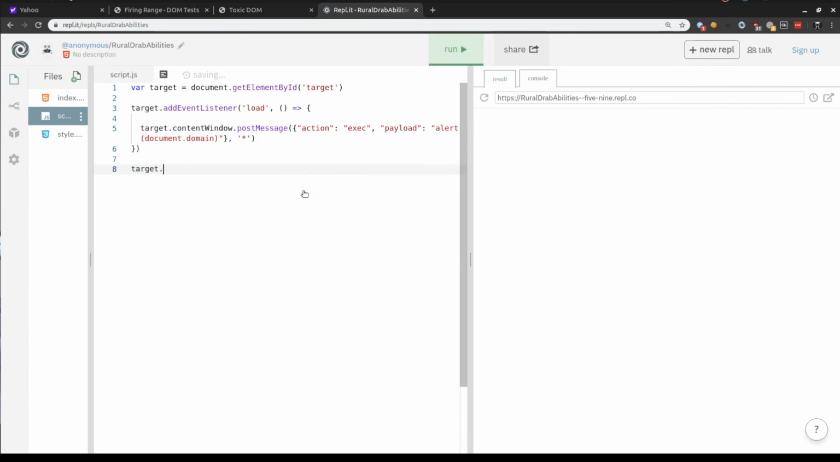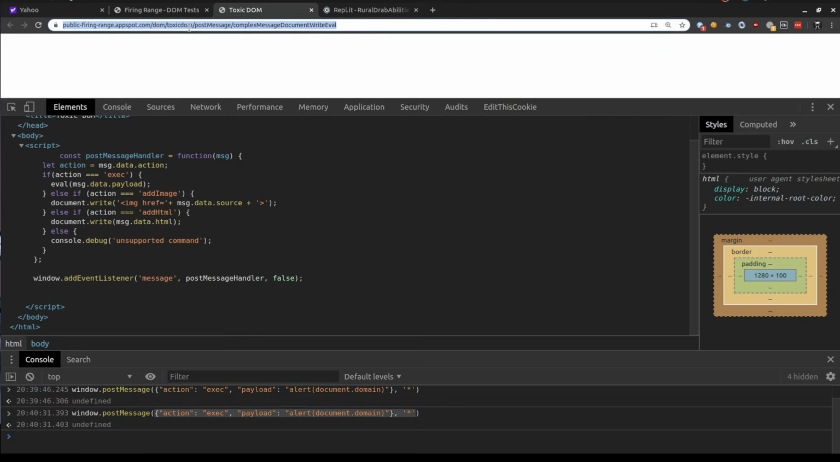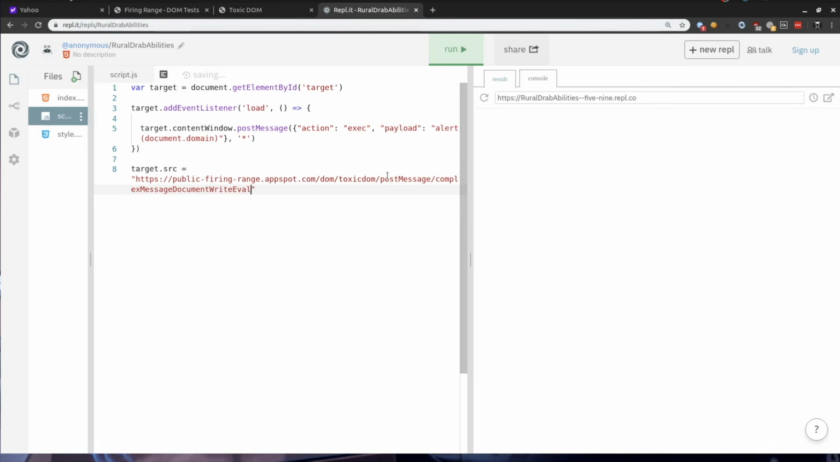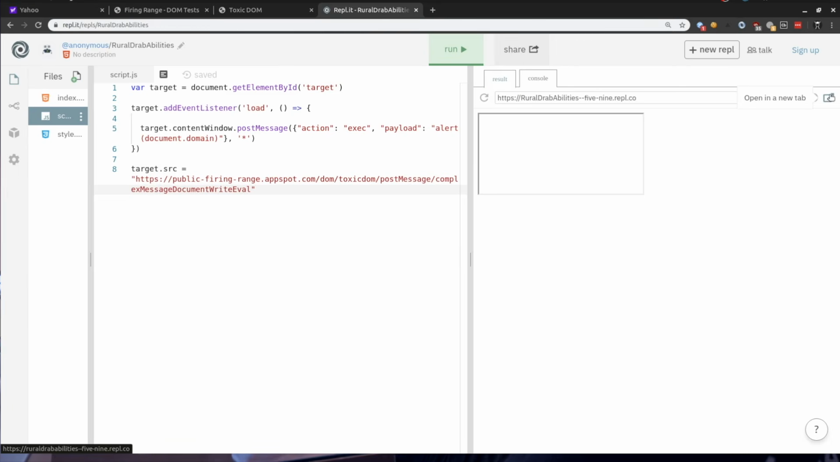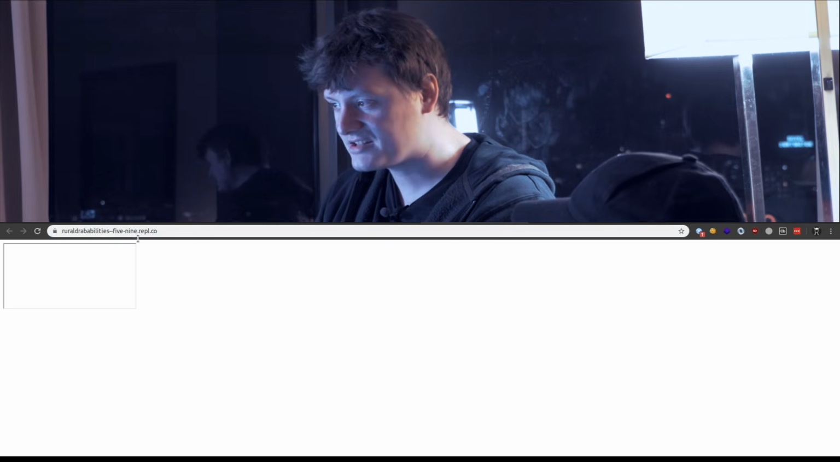I'm going to set the source of that iframe to be this page. Yep. And in theory, if I hit run up here, we should get an alert. Here we go, public-firing-range.appspot.com. So we know that it's definitely firing in the right context. Yes. And we can hit open in a new tab here, and we've got a publicly accessible address with a